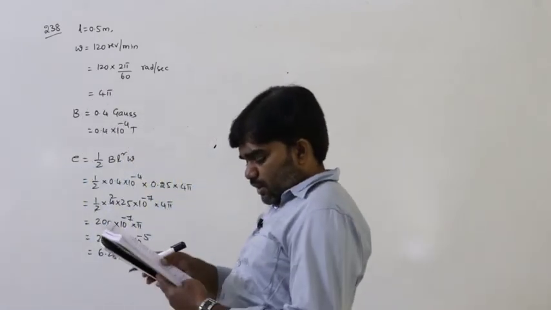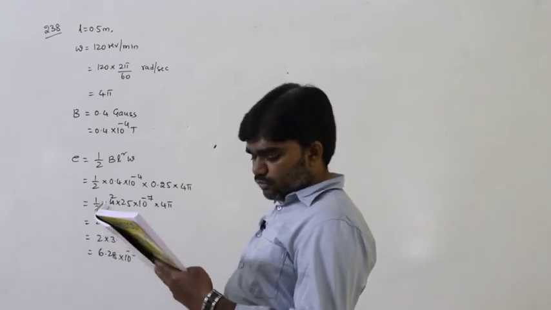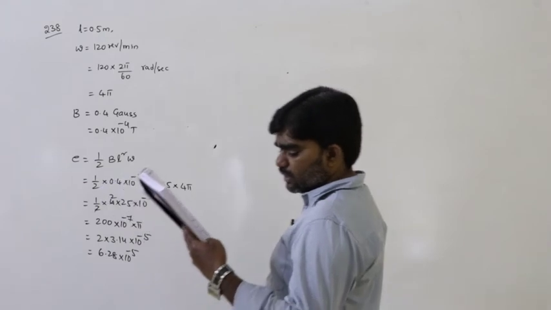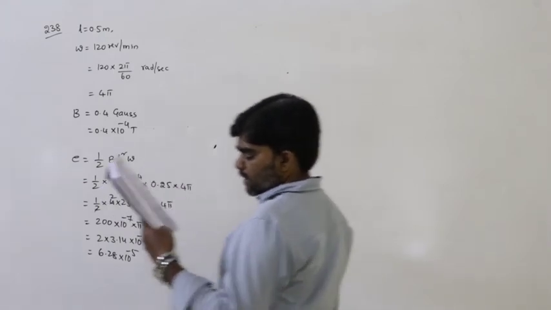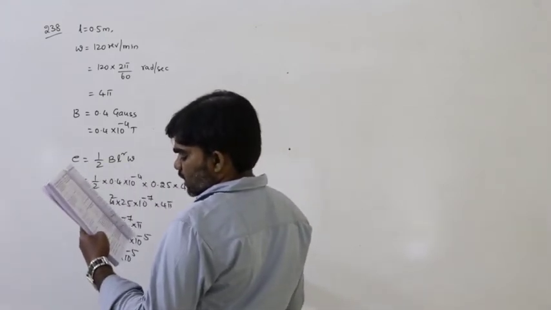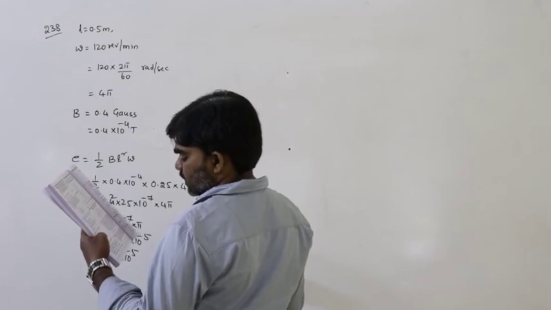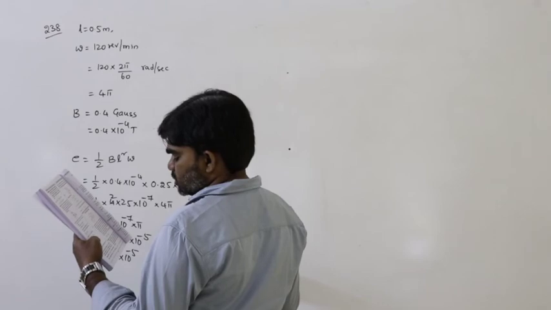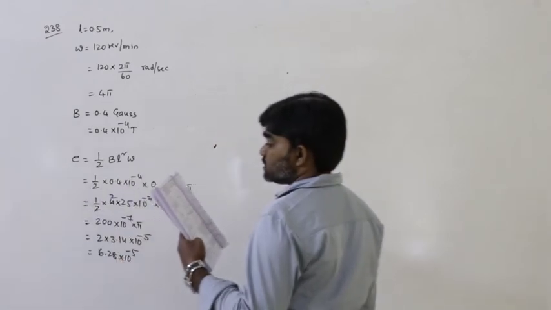Next problem. A metallic rod of resistance 20 ohm is fixed along the diameter of a conducting ring of radius 0.1 meter and lies in the xy plane. There is a magnetic field of 50 Tesla along K, that means the positive z axis. The ring rotates with an angular velocity of 20 radians per second about its axis.